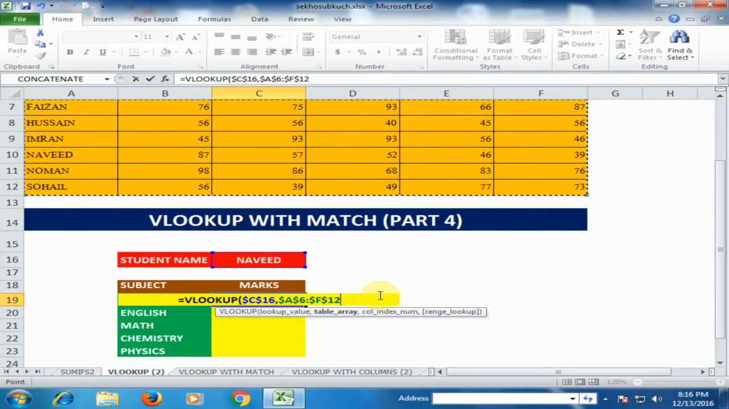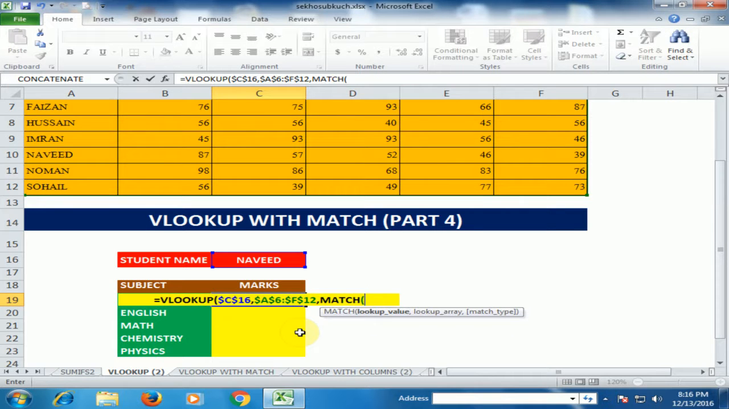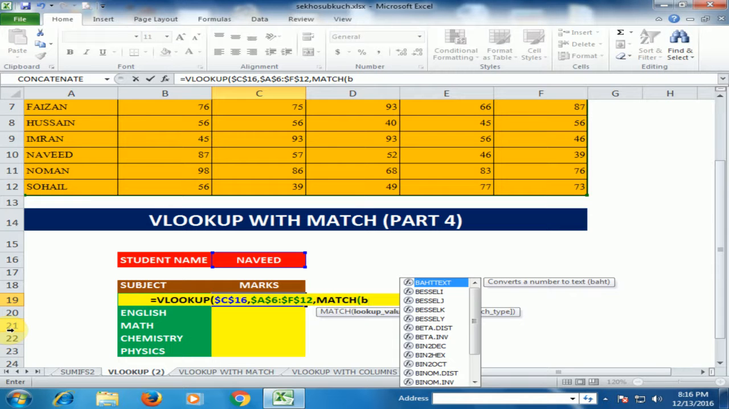Now type comma, it will ask you column index number. I will use match function for column number. Just type match. Match function, it will ask you the lookup value. Lookup value is B19. It's the Urdu marks, Urdu subject. Just type B19